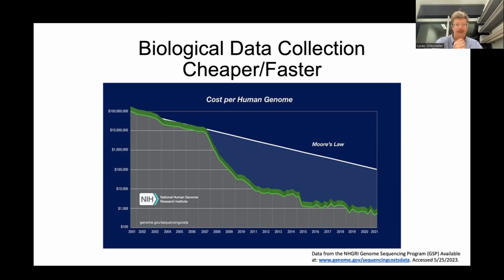This is showing a graph of the cost per human genome from the year 2001 to 2021, with the line on top being Moore's law, which is based in computer chip development, but assumes that we're going to be able to double and reduce the price at such a quick rate. And what the line is showing is that the price of a human genome is becoming cheaper at a rate faster than what is predicted by Moore's law. And so we're able to create these data sets of genomes, but in addition, we can also look at other